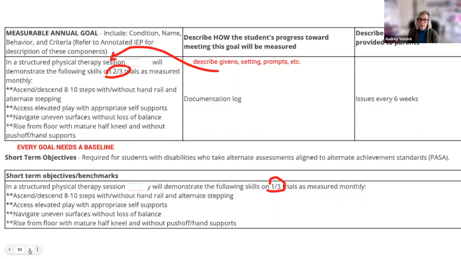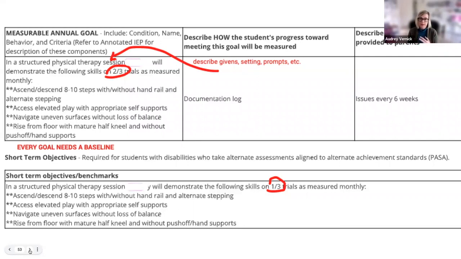So that's one goal. And then as measured by data collection, over a 6-week reporting period, 5 out of 5 trials, 90% accuracy, et cetera. I think being able to walk up and down stairs is pretty important, so I would want a high level of accuracy. Accessing the elevated play with appropriate self-support. I don't even know what that means. So I would want the IEP team to really explain what that is. I would have 4 goals here. I would have better